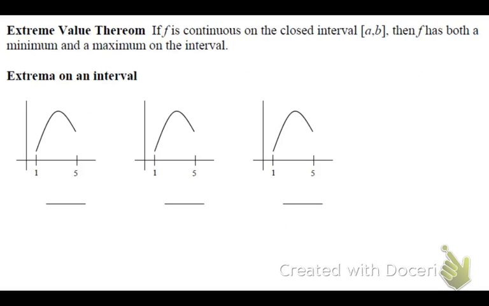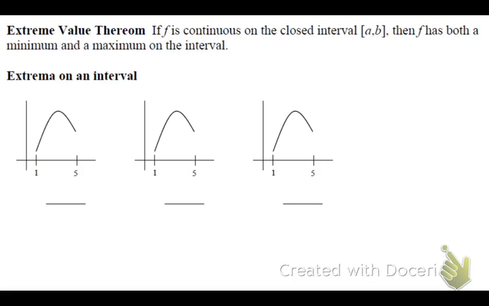All right, so on this next slide, the extreme value theorem is what we're going to look at next. It says if f is continuous on the closed interval from a to b. So here's where we start looking about where it has endpoints. So now it's not an infinite graph. Now they're going to give you a start and an endpoint. So that does affect our mins and our maxes because your endpoints are actually allowed to be mins and maxes